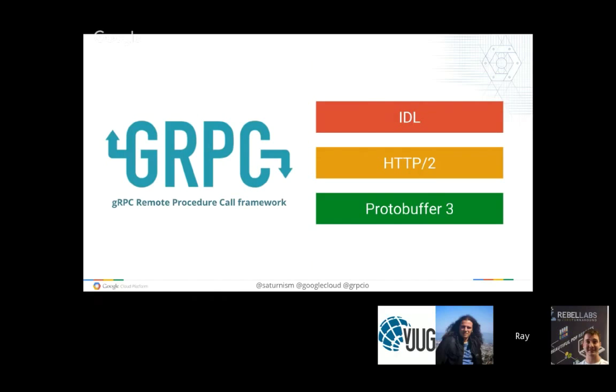And for that, we're using the Protobuf 3 language so that we can define our payload and also our services in a canonical form, and then generate stubs and the code for different languages behind the scenes. It is also based on standard technology like HTTP2. Now, HTTP2 is interesting because it is the new version of HTTP, but it's also more performant and more